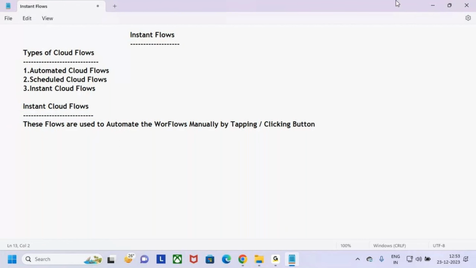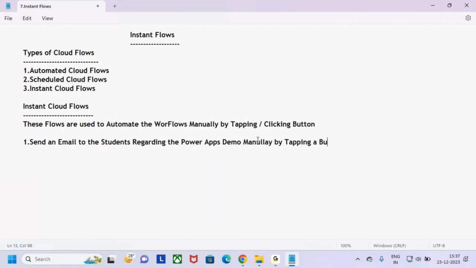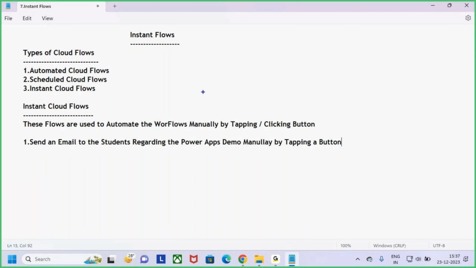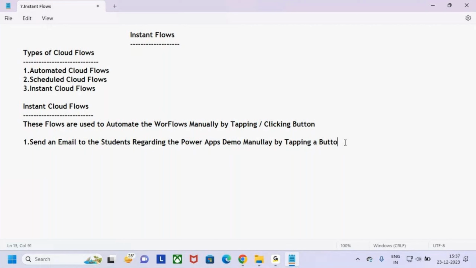And another scenario is regarding the Power Apps demo. Whenever I want to send the email to the students regarding the Power Apps demo manually by tapping a button, we discussed here how to perform it. And the second scenario we are going to discuss here is submit the data